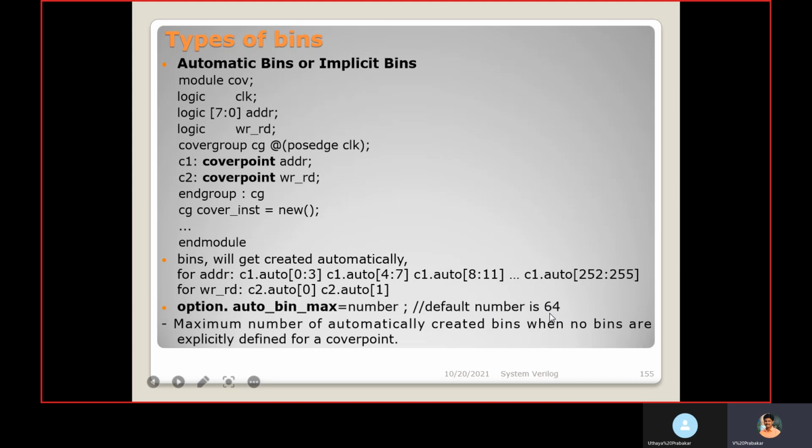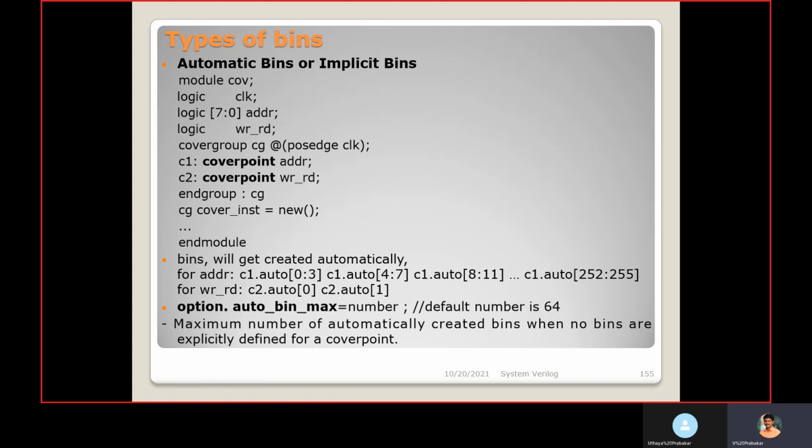In this example, the possible values for this address are 0 to 255, actually 256 values. Since we didn't mention it, the default is 64 bins that will be created.